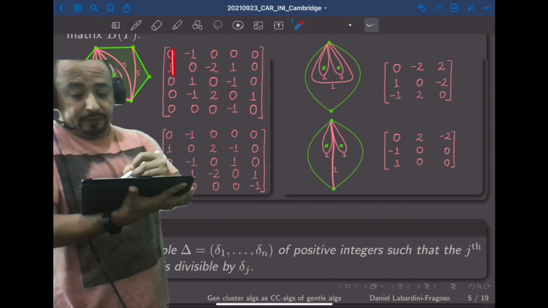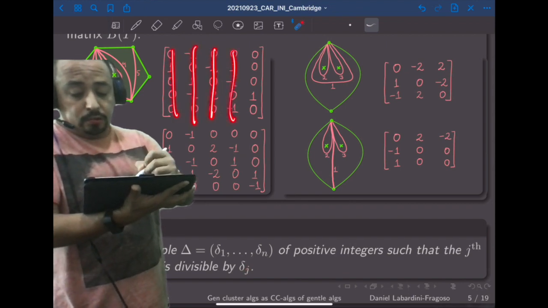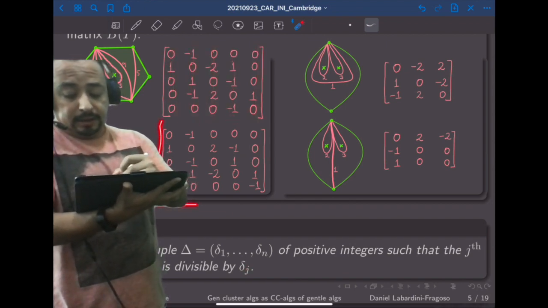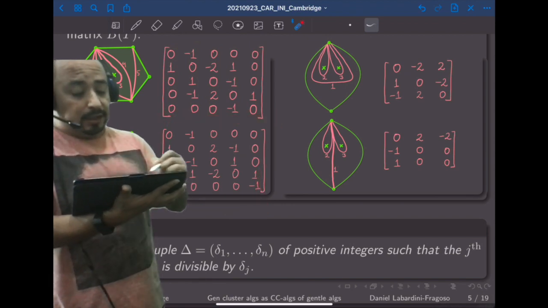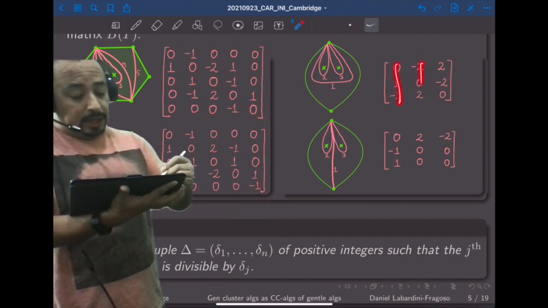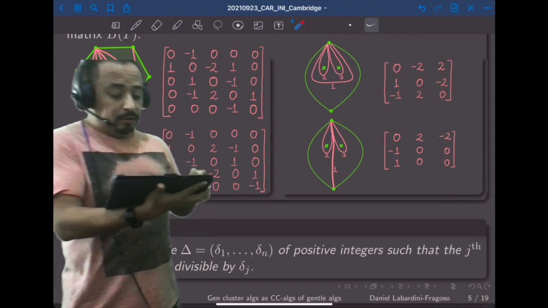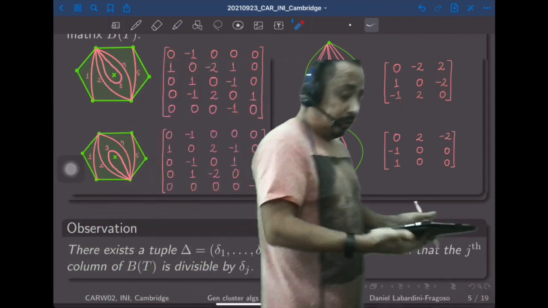For instance, here 1, 1, 2, 1, 1, and the same tuple works here, and then here you can see it is 1, 2, 2. Right? So this is a crucial observation